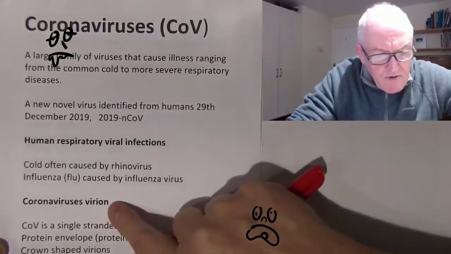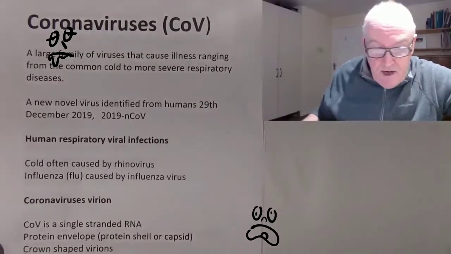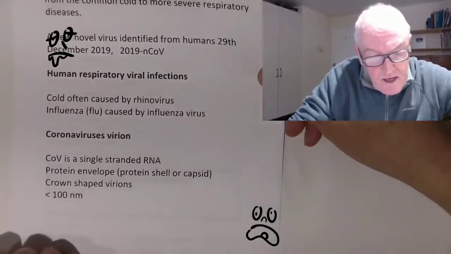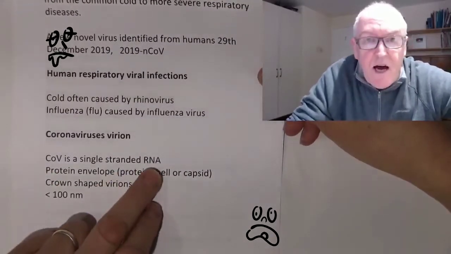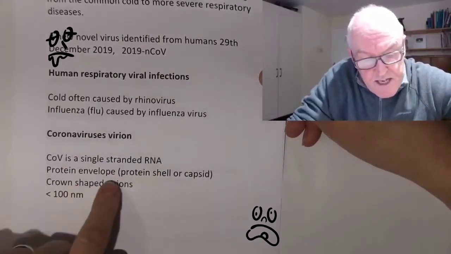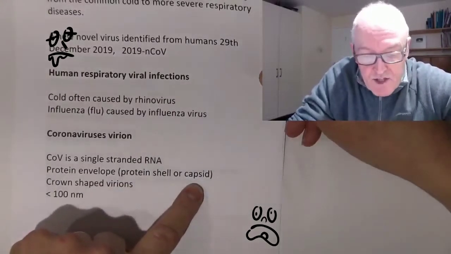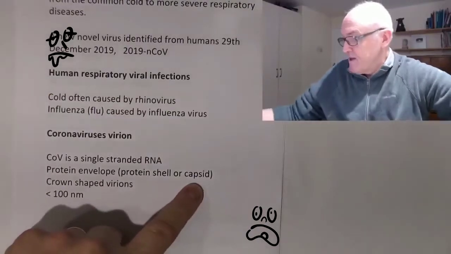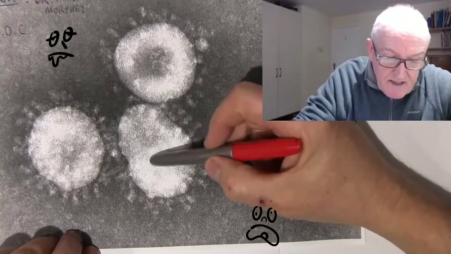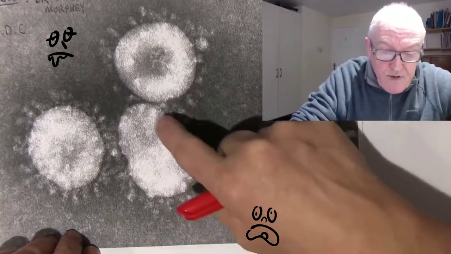Thinking about the coronavirus particularly, because that's what's new. We've had these other viruses for a long time, now we've got this novel coronavirus. Now, the coronavirus is single-stranded RNA. It's a ribonucleic acid virus. And it's in a protein envelope, and this is a protein shell or capsid. So we've got this genetic material in the middle. So we can see it here. We have strands of RNA in there, in the middle, and this that we see outside is the capsid, the protein envelope,